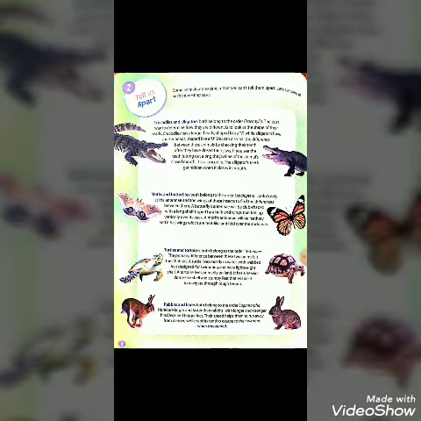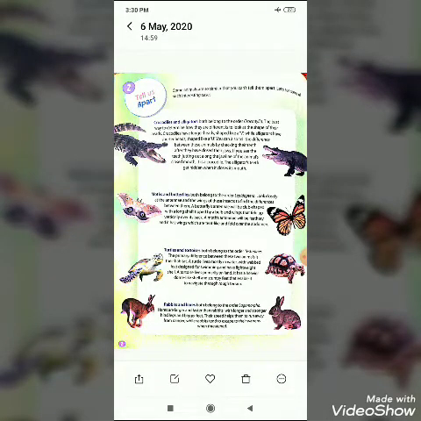Crocodiles and alligators both belong to the order Crocodilia. The best way to determine how they are different in look is to look at the shape of their head. Crocodiles have a longer head and it's shaped like a V, while alligators have short heads shaped like a U. Letter U.